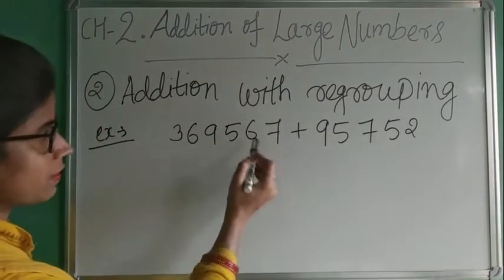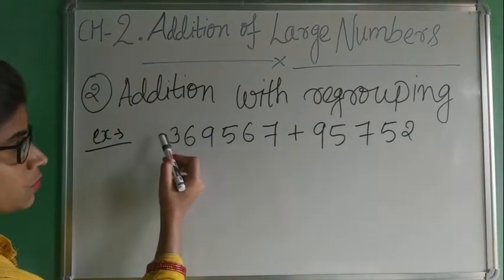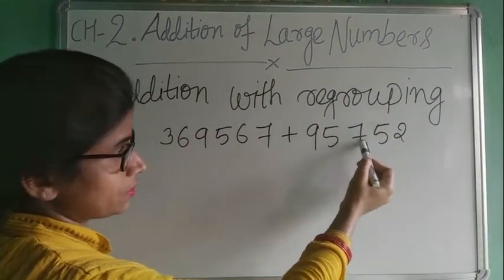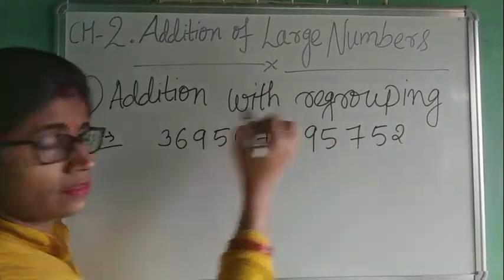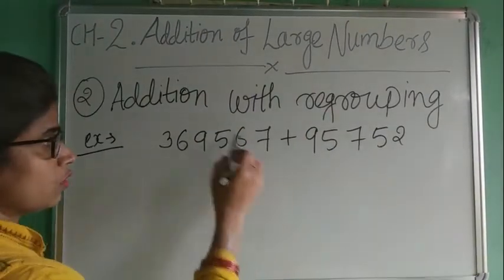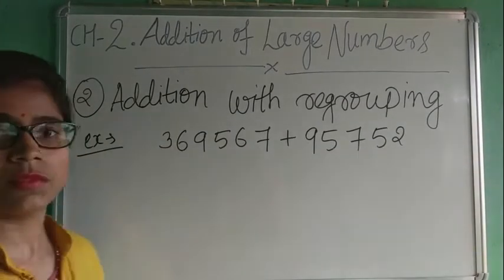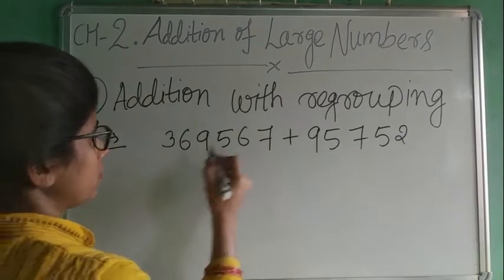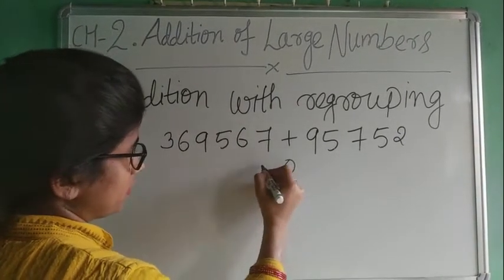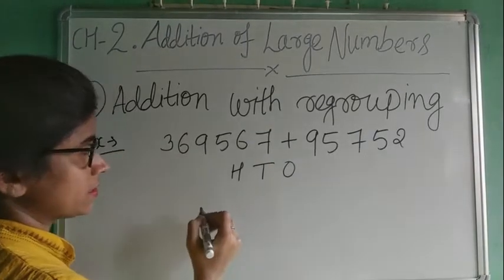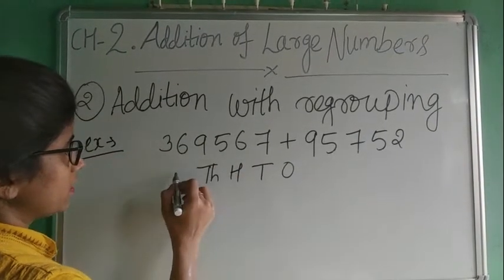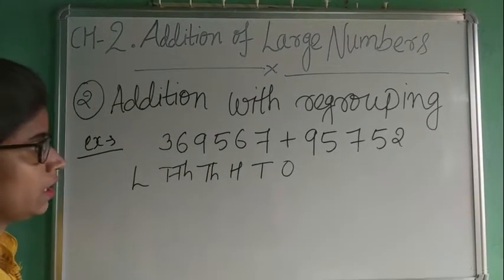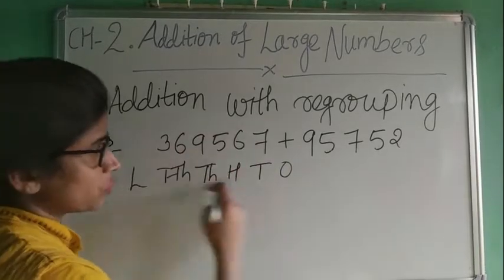Okay. So first read ones, tens, hundred, thousand, 10,000, lakh. In this number, ones, tens, hundred, thousand, 10,000. Okay. So the highest place is what? In this number, lakh. So till lakh place you will arrange. So first ones place, tens place, 100 place, 1000 place, 10,000 place and lakh place. Okay. Arrange the number.